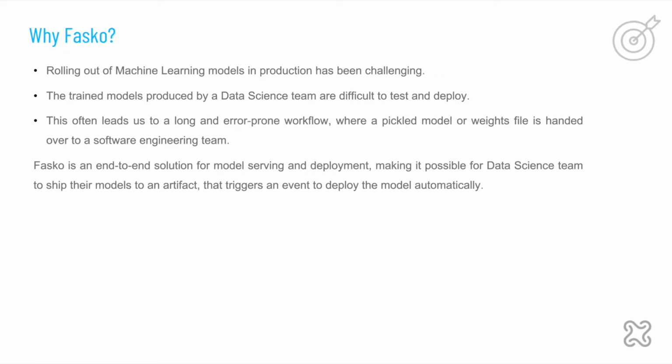Since we are in the midst of a revolution being led by machine learning applications, rolling out machine learning models in production has been challenging. The trained models produced by a data science team are difficult to test and deploy. This often leads us to a long, error-prone workflow where a pickle model or weights file is handed over to